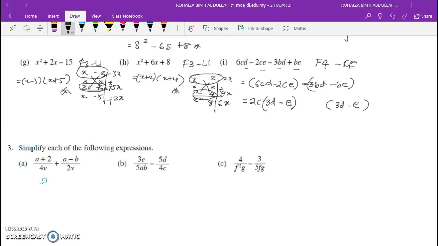Bila ambil 3D yang tinggal negatif B. Sekarang negatif B, negatif 3BD. Negatif, negatif, positif BE. Okay, again, factorize. Minus E in bracket. Okay. Simplify each of the